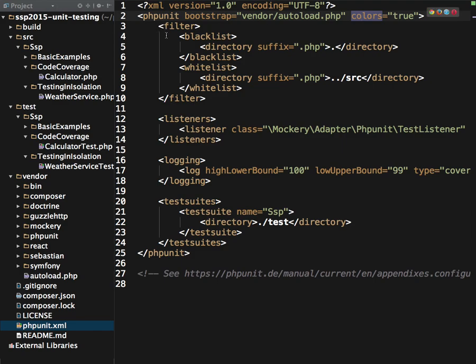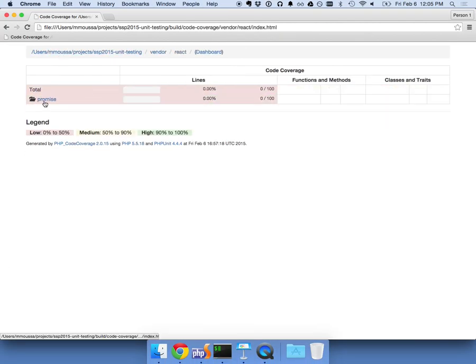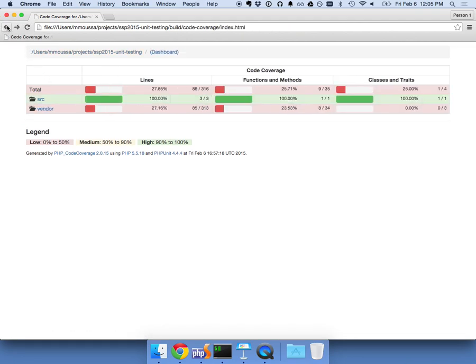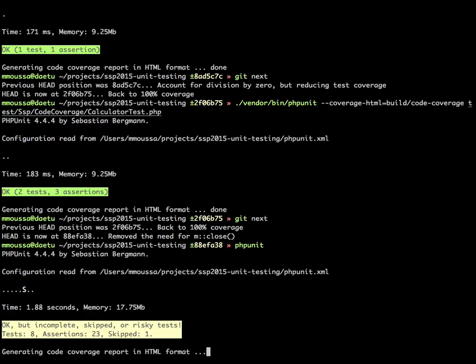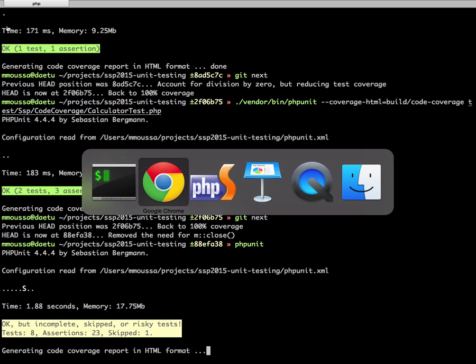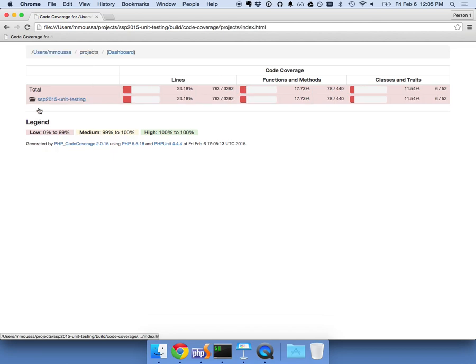And then here I'm telling it what I want to cover with code coverage. There's a filter. So initially exclude everything and then only include items in my src directory for test coverage. If you noticed when I generated code coverage the first time, you saw the vendor directory ended up being recorded for coverage. It's because I just ran it from the command line. If I were to run this again, it would use my configuration file, then it's only going to